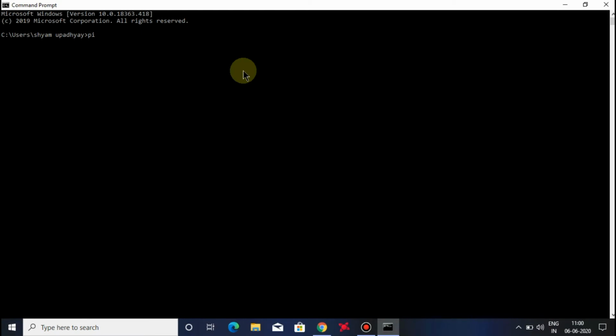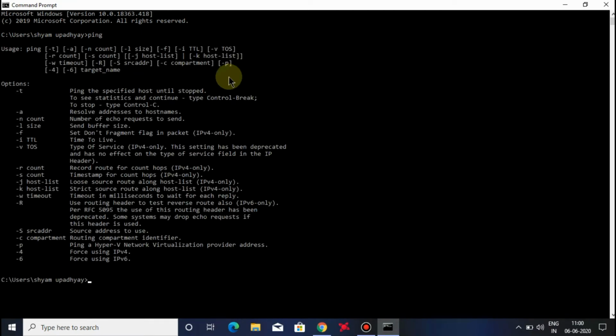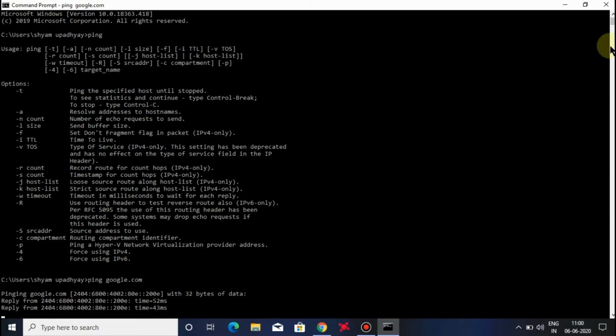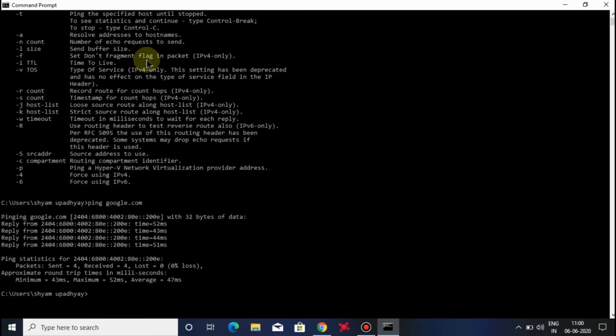Number 5. PING, send test packets. An IT analyst's best friend is the ping command. Running this command sends test packets over the network to the target system. You can use the ping command to test whether your computer can access another computer, a server or even a website. It can help with revealing network disconnections. It also provides transit time for the packet in milliseconds, so it can reveal a bad network connection as well.